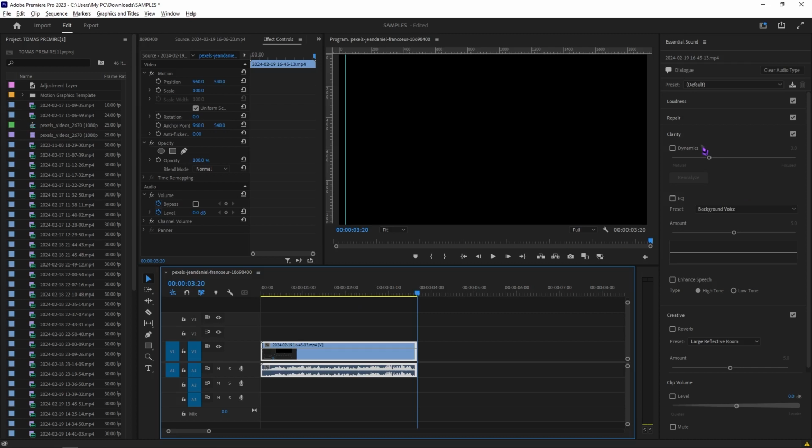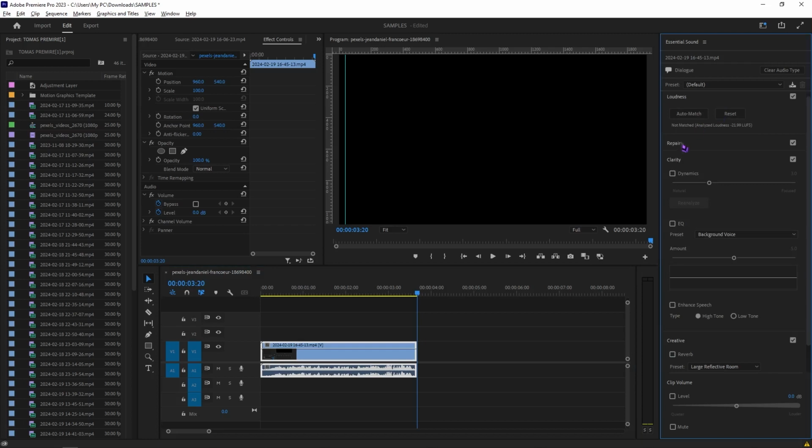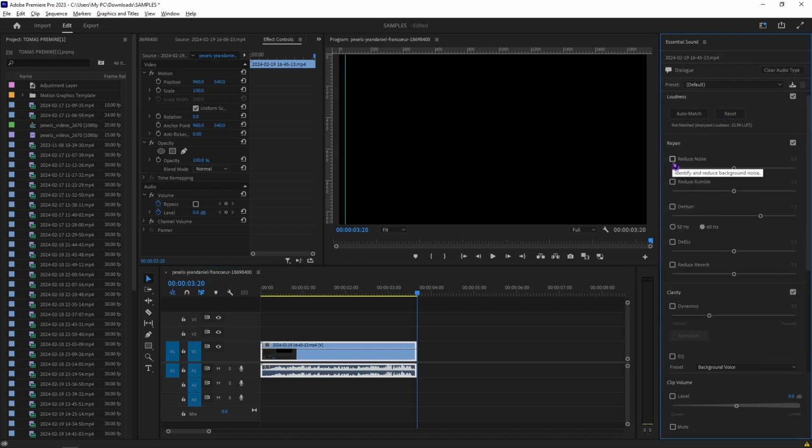And see how much difference it makes right there. If you don't want the preset, then you can just manually modify the settings right here. So you can go for loudness, you can auto match this. You have your repair in case you have a lot of background noise, you want to reduce the noise, reduce